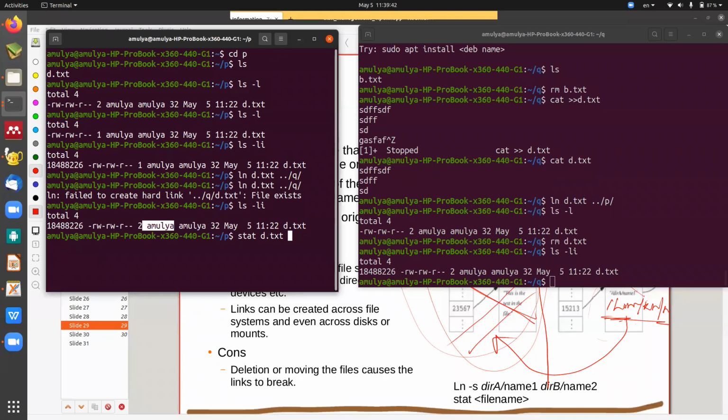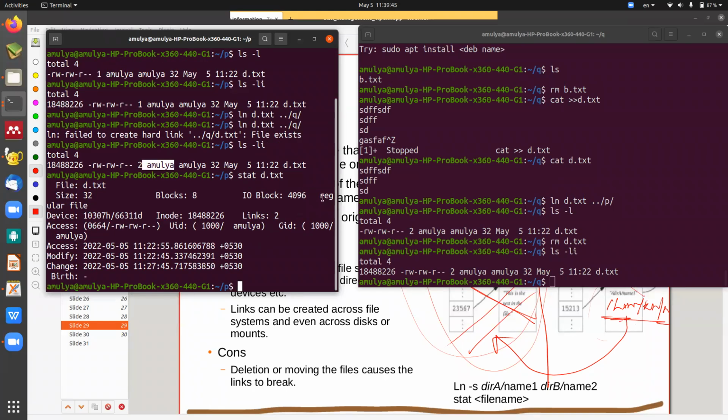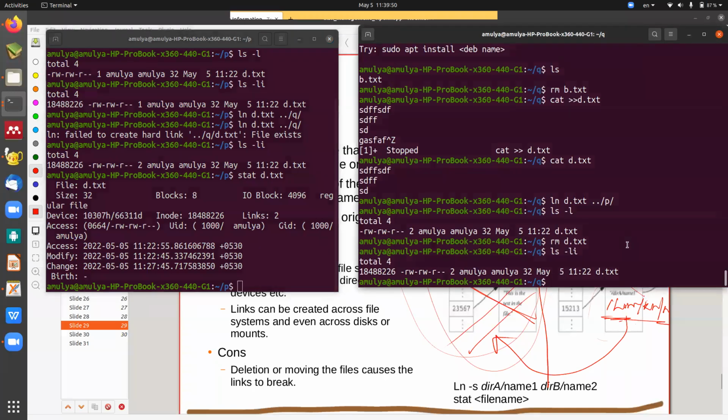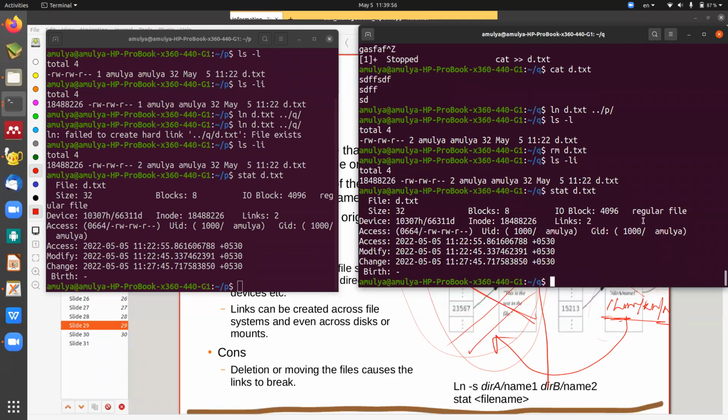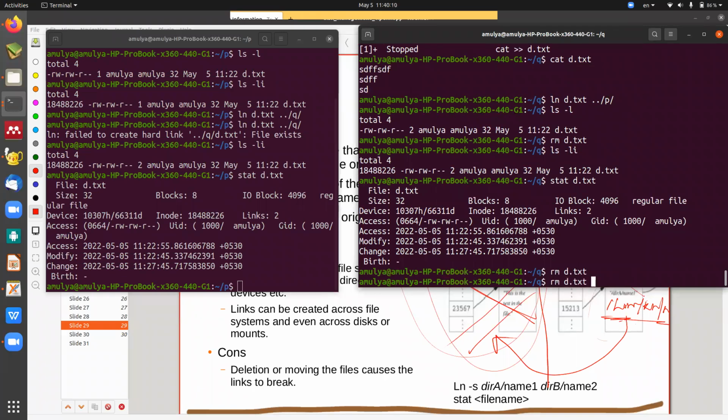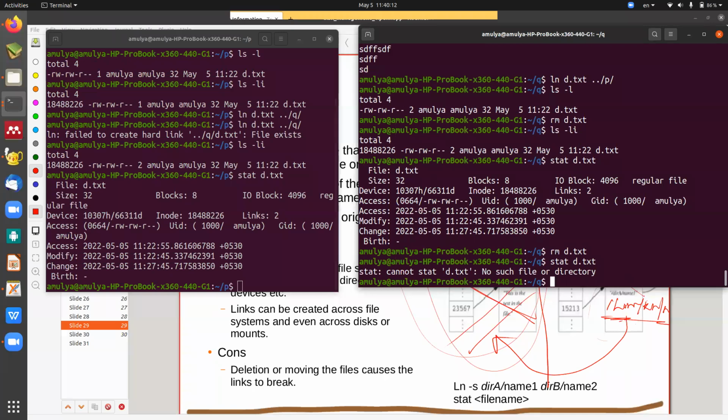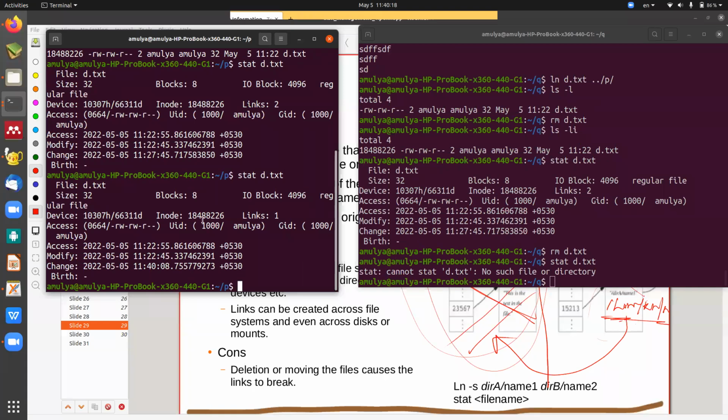If I write here stat d.txt, take a look at what its file is. It is a regular file and link count is 2, and this inode. And if you go here also stat, then it is d.txt, here also it becomes a regular file. Understood? What is the link count in this? 2. Now I delete this one, so rm d.txt. Yes, now you check, there is no d.txt. It is not there, and if you go here, the link count has changed to this, but the inode was the same.